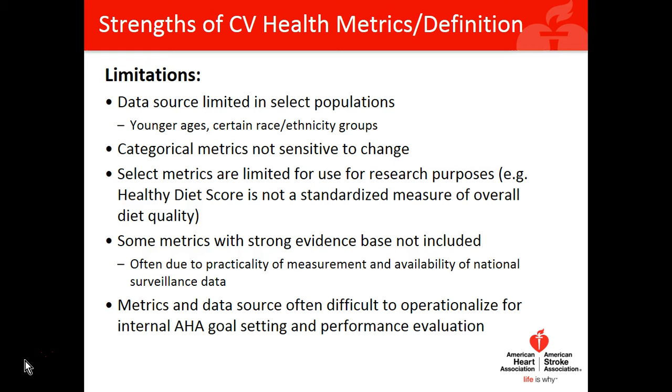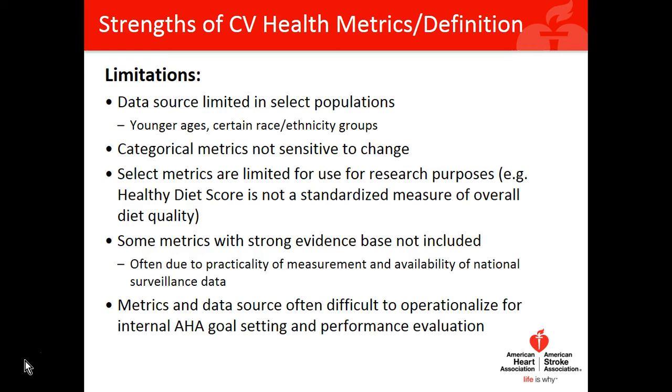The categorical nature of these metrics is not sensitive to change. Physical activity, for example: you have a poor level of physical activity if you report 0 minutes of moderate or vigorous physical activity, but the range of intermediate spans from 1 minute to 49 minutes. So an individual is categorized similarly if they have 2 minutes of physical activity per week or 49 minutes per week. So potential reevaluation of the categorical nature of the variables will be a discussion to be had for the 2030 committee.